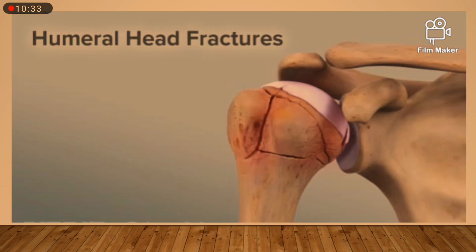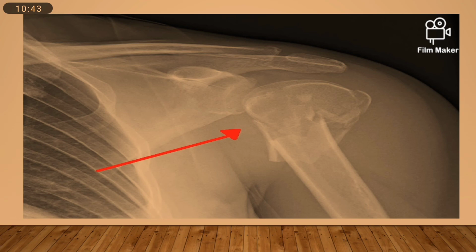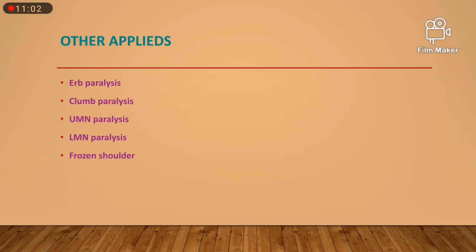Now this is a fracture, humeral head fracture, which will be seen in radiology. I'll show you in the next slide. That is, in radiology it appears like this. Here you can see the actual radiological plate. The arrow mark shows you the fracture at the neck of the humerus. That is called the surgical neck of the humerus, where the fracture occurs due to torsion. Due to extra torsion, the clavicle may also get fractured.